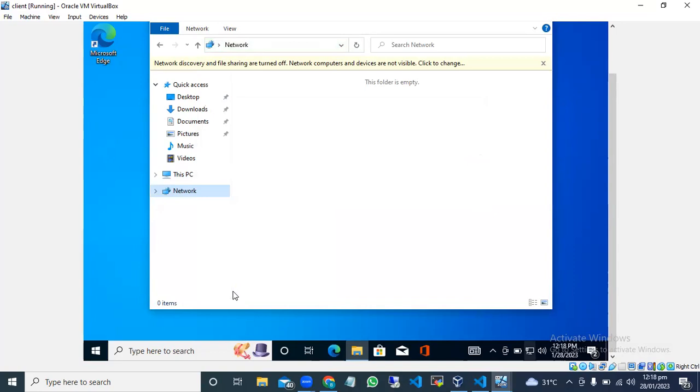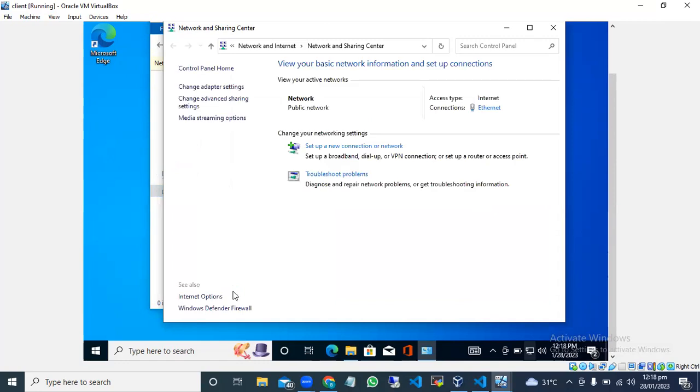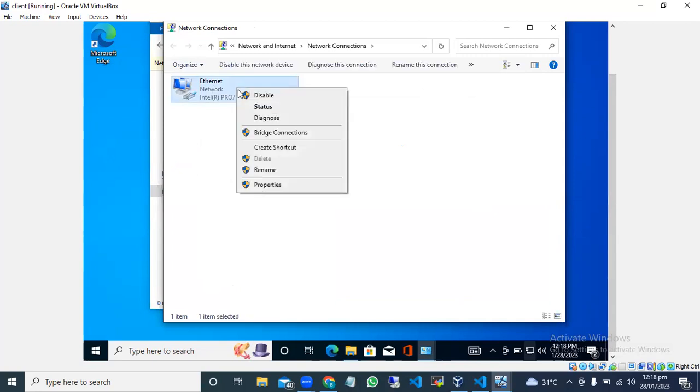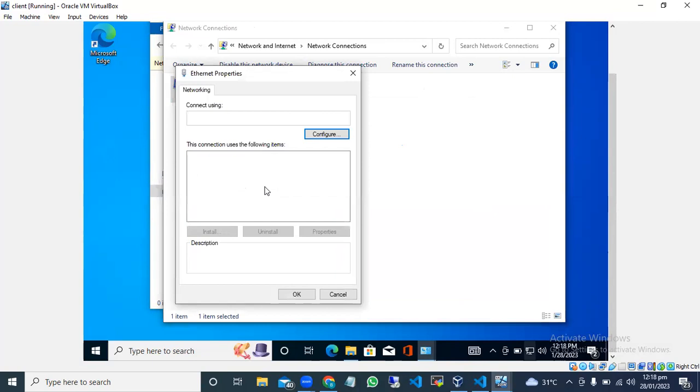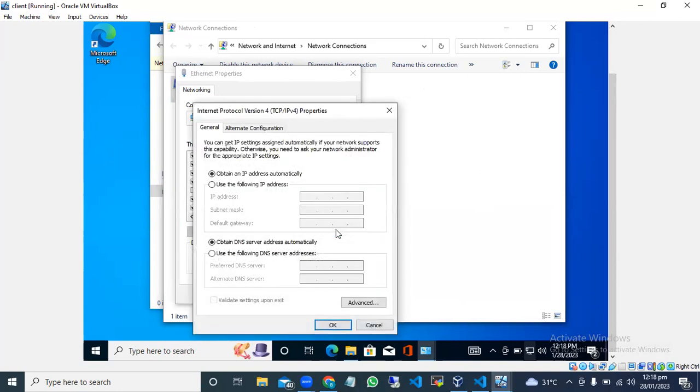You click on properties, then click on change adapter settings. You right click on Ethernet, click on properties. Then select IPv4, click on properties. Then you use the following IP. The IP address